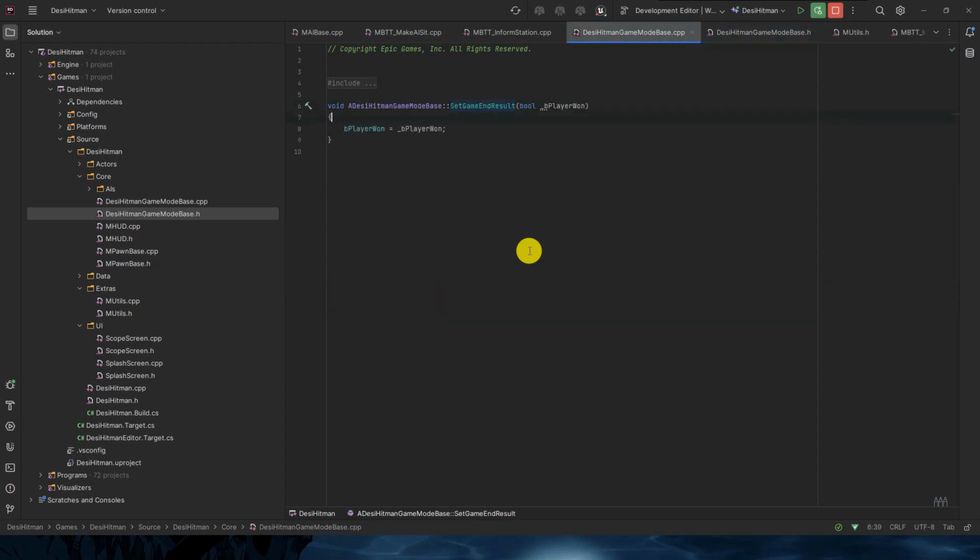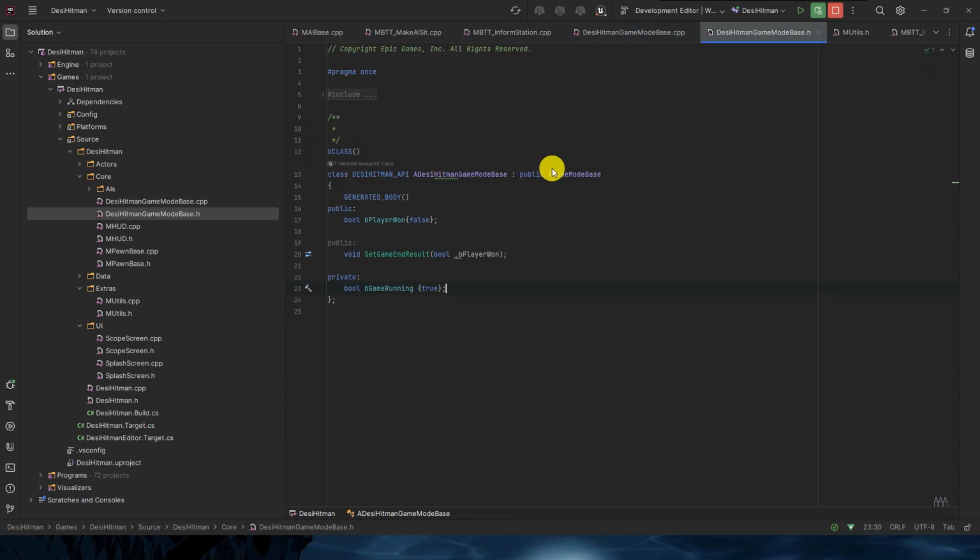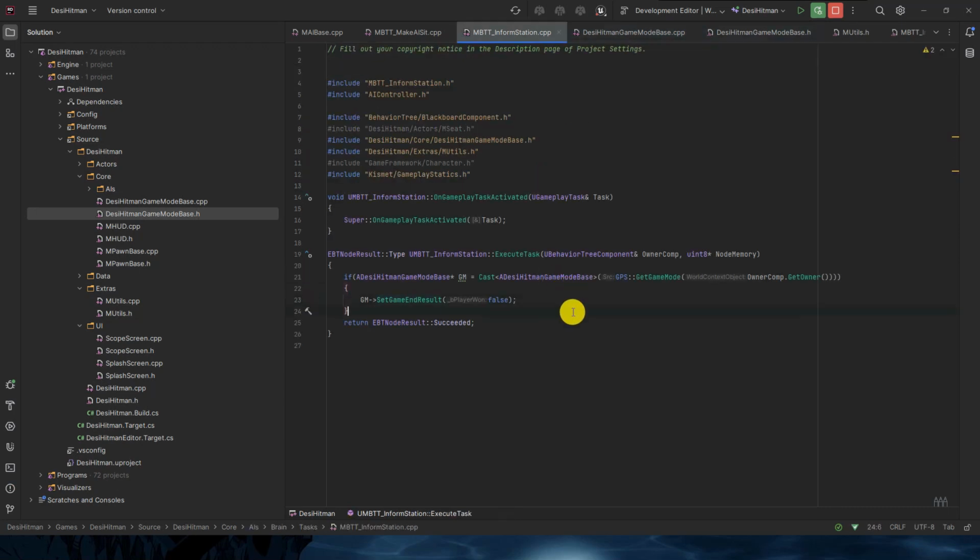As soon as we set the game result, I will check if game running is true, then I can set this, and I will turn game running to false. So once we have set, nobody can change it. I think this thing will do our task.